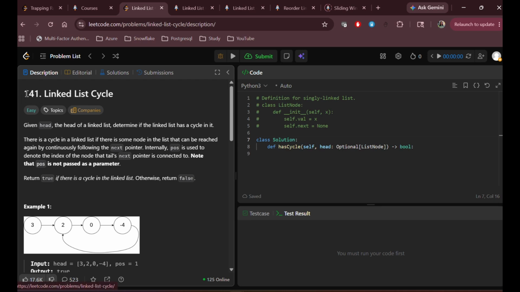Hey guys, let's solve the linked list cycle problem. The goal is simple. We need to detect whether a linked list contains a cycle or not. A cycle means that instead of pointing to null, one of the nodes points back to the previous node, creating